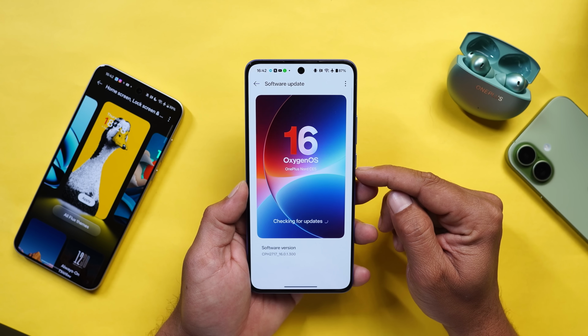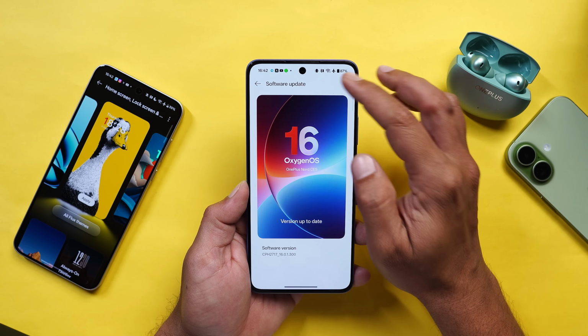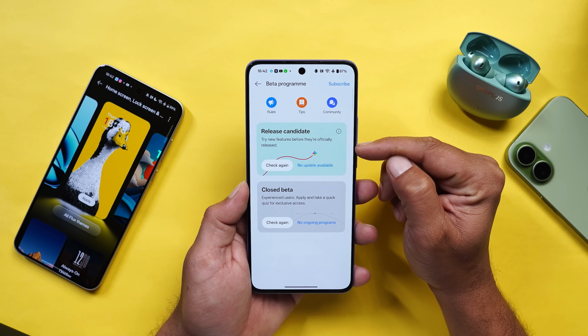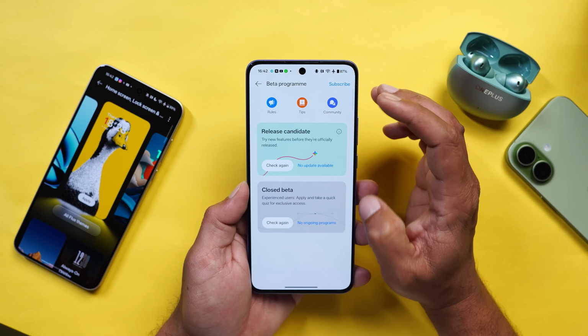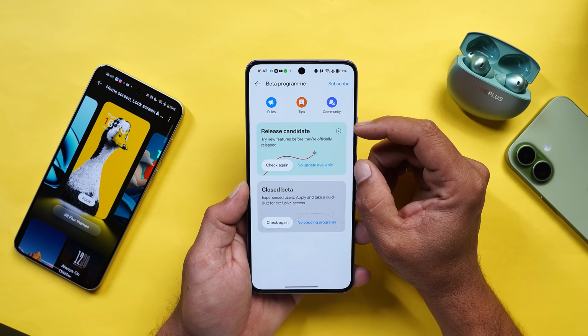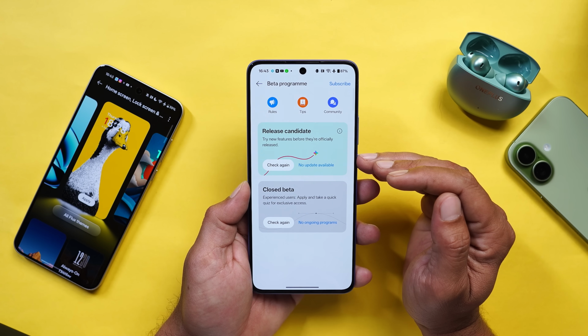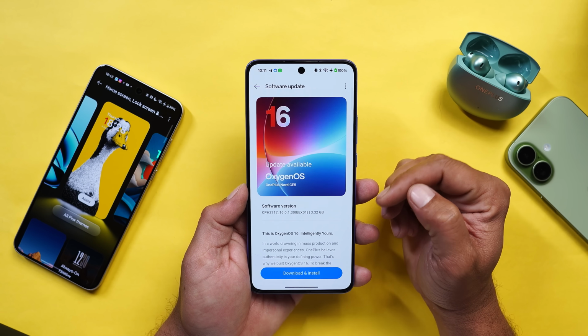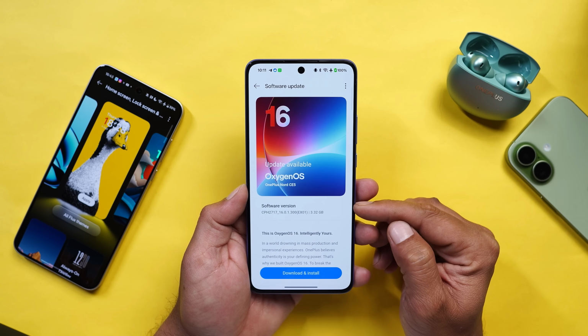And guys, if you haven't received the OTA update, just go to the software update section, tap on these three dots, select beta program, and you should see a release candidate build over here. You can download and install it. And guys, I'm again seeing a lot of comments regarding beta or stable. Guys, release candidate builds are stable builds. RC builds are released a few days before the general rollout. So once you go to the RC section, you will see an OTA update, and the update size is 3.32